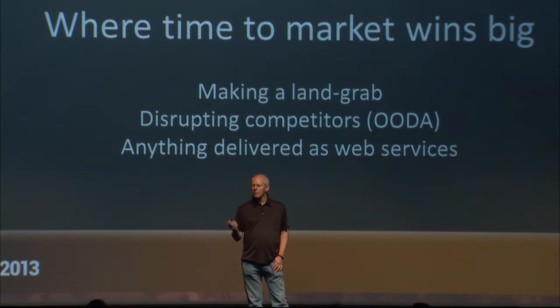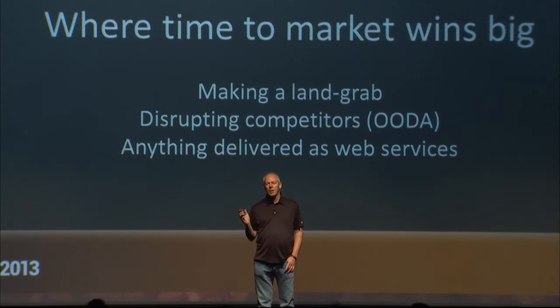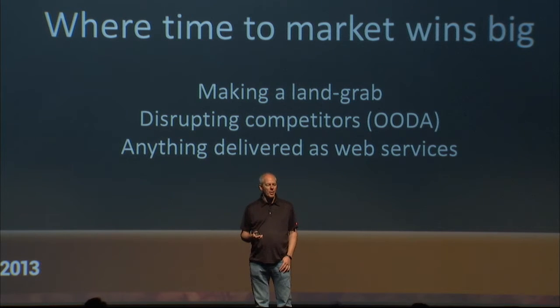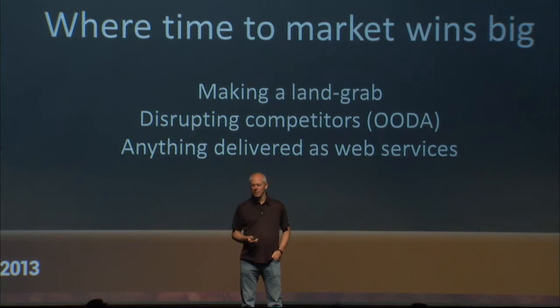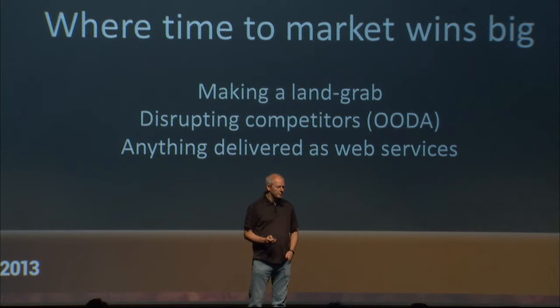Hopefully you've heard of the OODA loop. That means observe, orient, decide, act. It was a concept that came out of, I think, the Korean War, where aircraft in dogfighting were trying to get inside their competitor's ability to respond. So if you can get inside your competitor's ability to respond, they're looking at what you're doing, they start responding to it. By the time they figure that out, you've already looped around and you're attacking them from behind or something. So that's disrupting competitors, a big piece of going fast. And basically, anything delivered as web services lets you do this. If you're delivering packaged software, it's incredibly hard to do it fast enough.